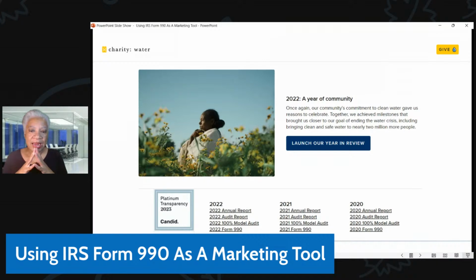What I like about what they've done is they have provided information, again, over and beyond the Form 990, to a point where they've got the highest level of disclosure granted by Candid. So they have reached the platinum level of transparency, and I'll share what that means. But in addition to putting that badge on their website, which is like a good clean bill of health, right? It's like, oh, we know they can be trusted if they've gone through all of that,